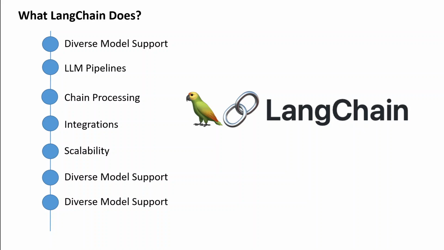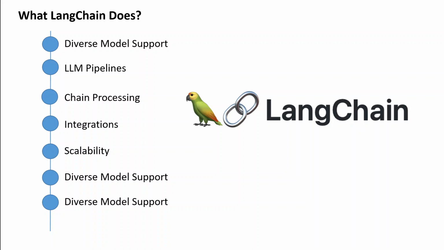There are a lot of things which LangChain can do, and in this video, we are going to touch upon a few of those. LangChain can help you build flexible NLP, or natural language processing, pipelines using modular blocks. And that is one of the finest features of LangChain. LangChain also does chain-based processing. What it means is that it defines processing flows using chain-based structures. Then LangChain offers seamless integration with a lot of other tools and libraries, and the list is growing every day.